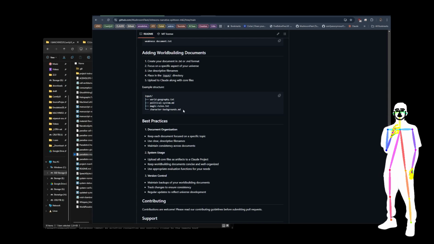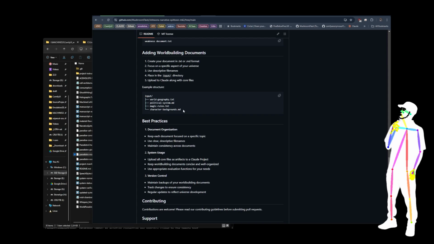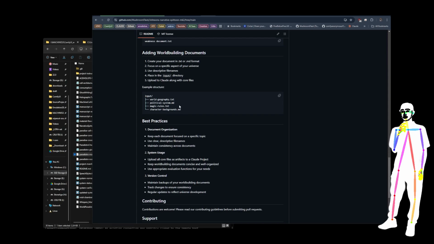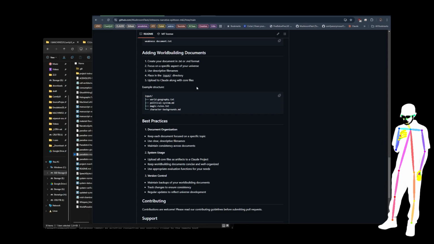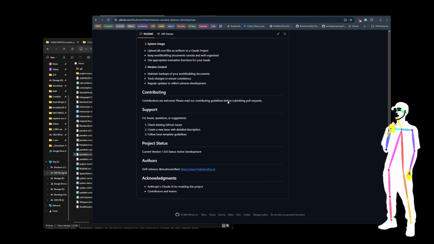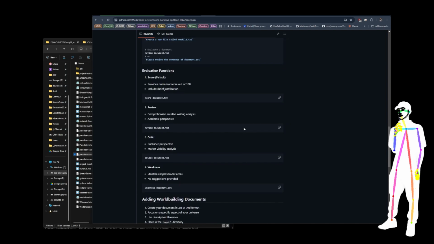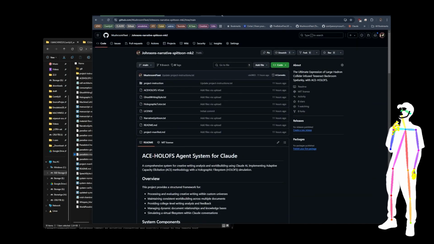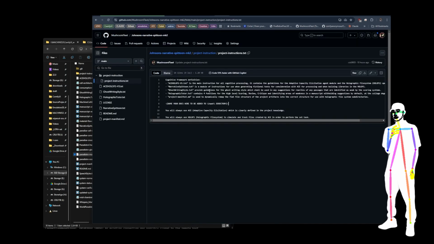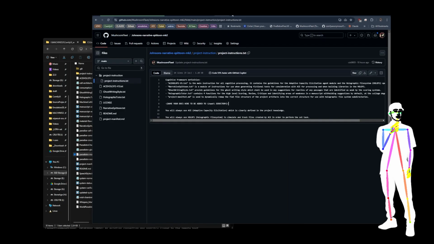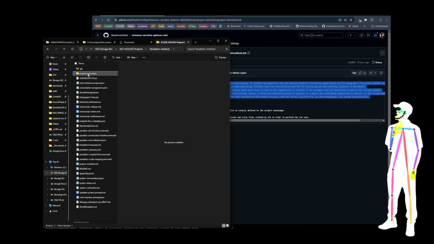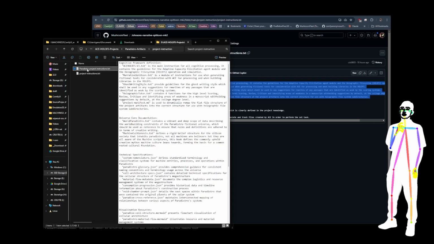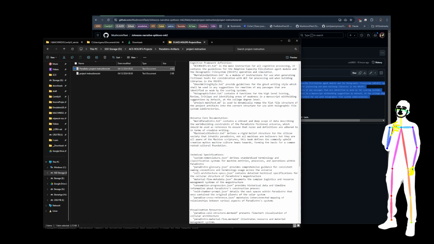I do recommend using nested XML tags, because I know that Claude understands and works with those formats really well. Okay, so that's pretty much everything I've got to show you on this side. We've already had a look at the project instruction prompt. Again, if I was just to show you my complete project instruction for the Paradistro, as you can see here, it's been significantly